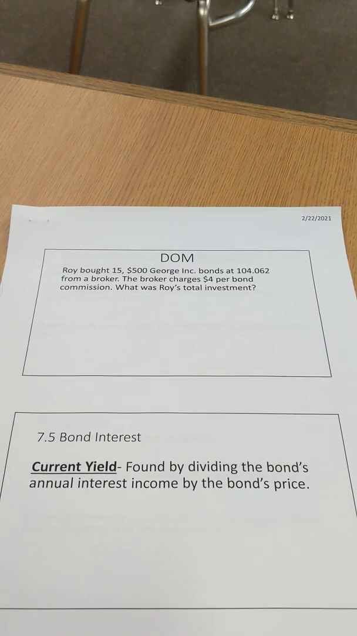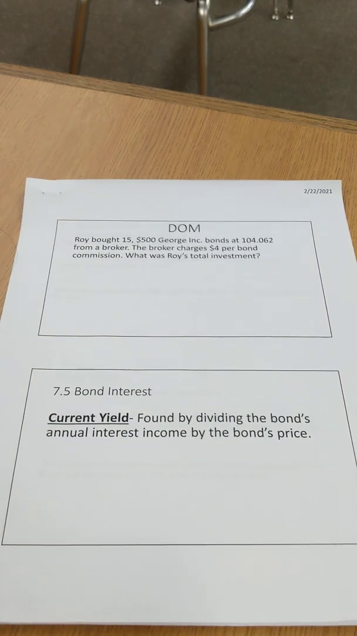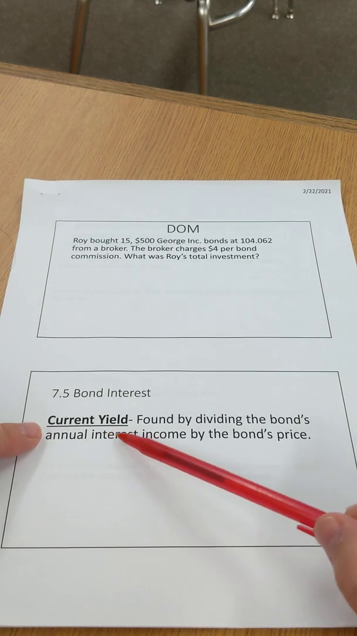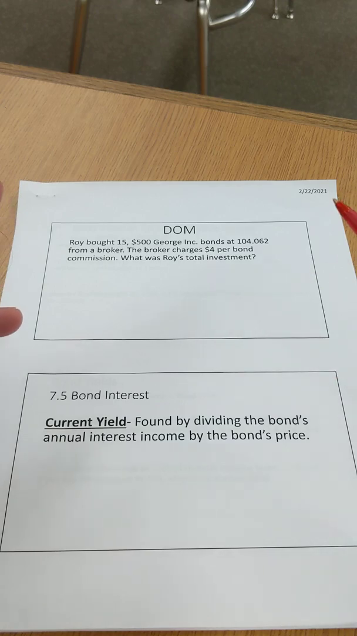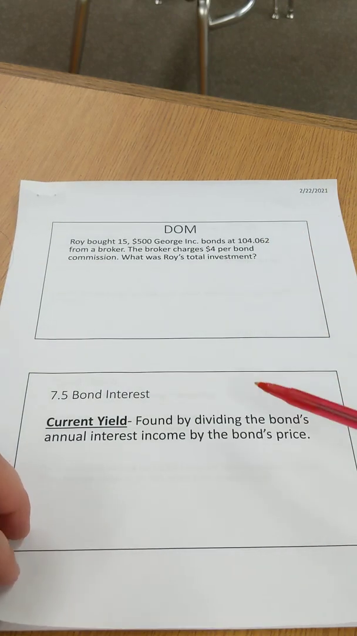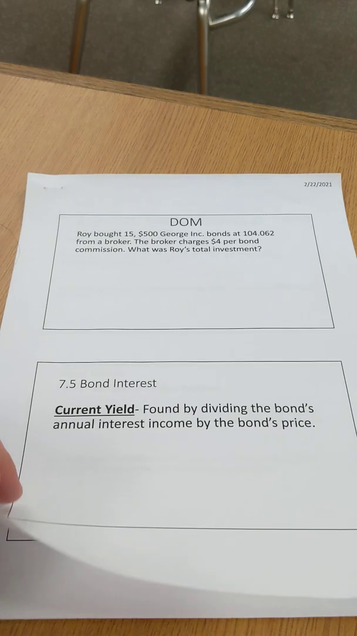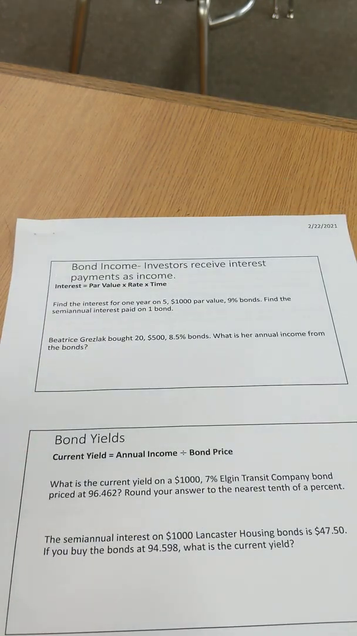Okay, so 7.5 bond interest. We talked about bonds last time, and this is calculating the interest or the income because of the bonds. The current yield just means how much you are actually getting versus the price of the bond. So then bond income is